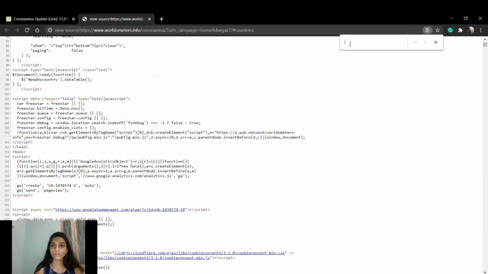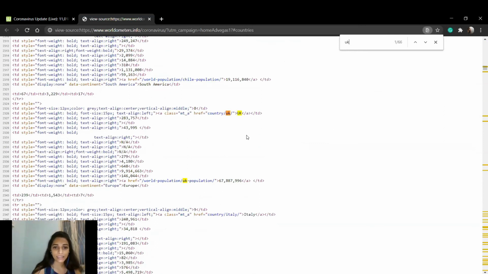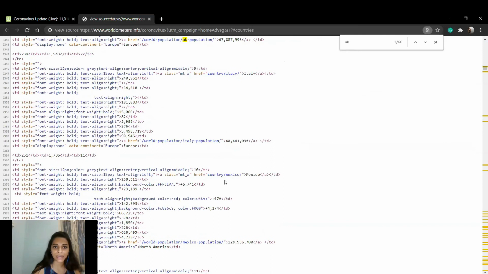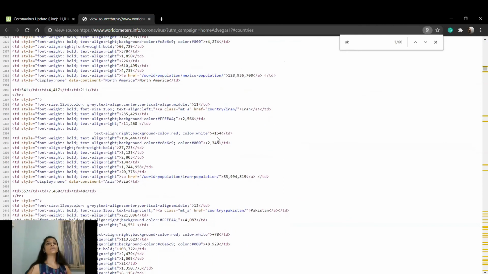Let me just look for a country here. Okay, so see, this country UK is being stored here like this, and then we have Italy, then Mexico, then Iran and stuff like that. So you can gather the information from this website and then use this for message sending and stuff like that.